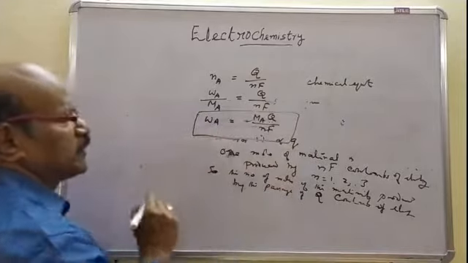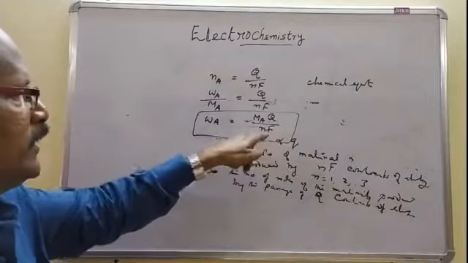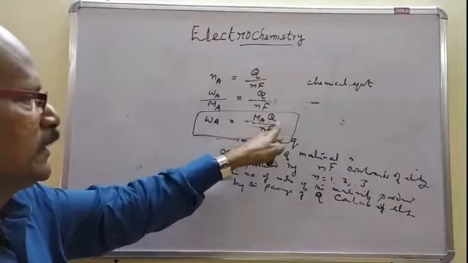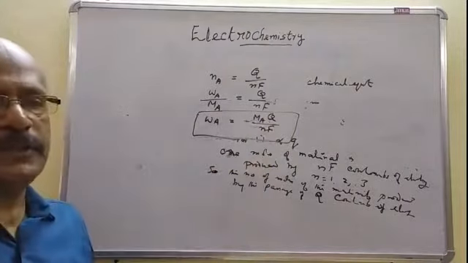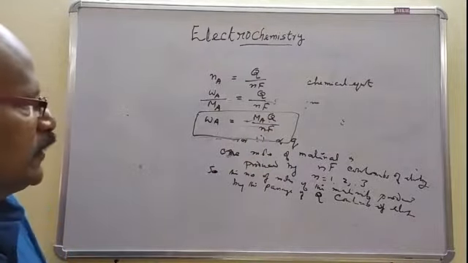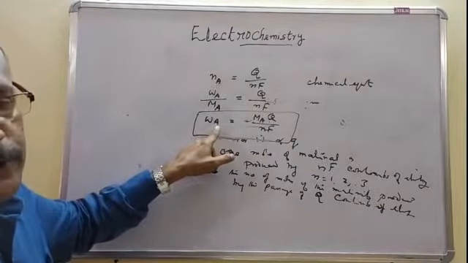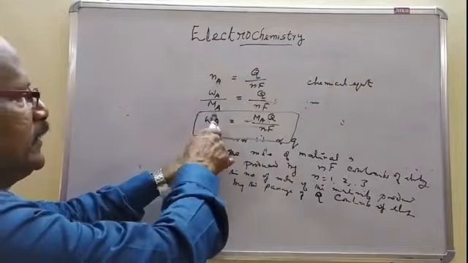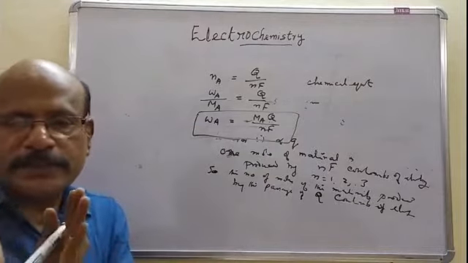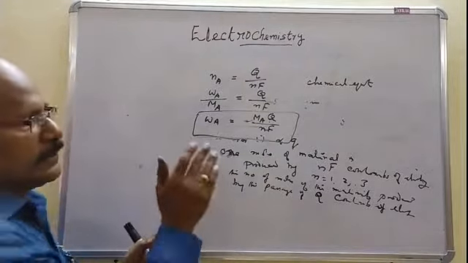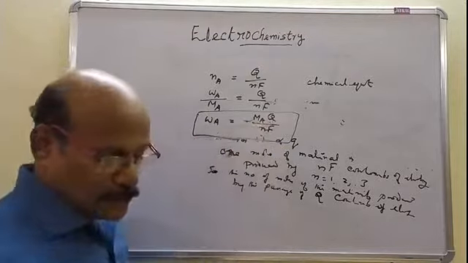This is the principle of coulometry. Where N is 1, 2, 3, etc., stands for valence of the material, Q is the actual quantity of current, and F is the Faraday. Thus, simply by measuring the quantity of the current for complete electrolysis, we can estimate the amount of the material produced by the electrolysis. Rather than weighing the material, we can measure the quantity of the current. By only knowing the quantity of the current in coulomb, we can determine the amount of material that is produced. Therefore the technique is called coulometry.